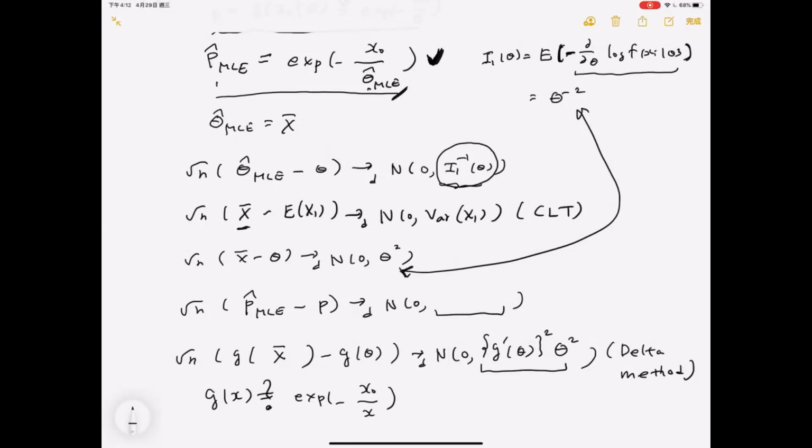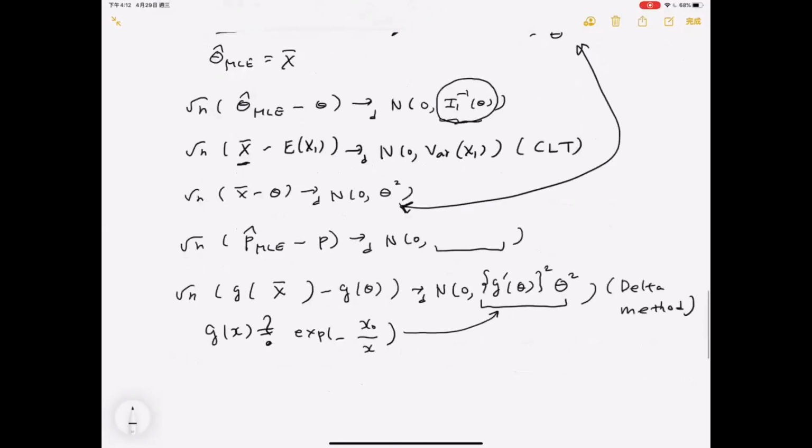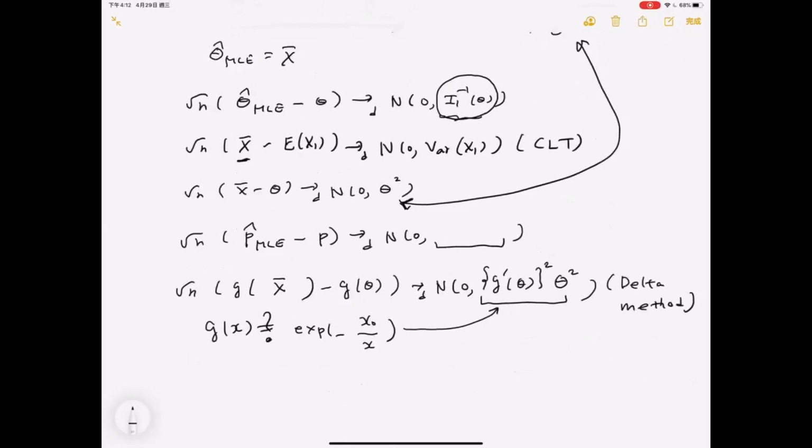Okay, so if you can write down that G function, then everything is just the derivation of G prime, then plug in theta, then take the square, then multiply by sigma squared. Okay, so the answer eventually would be